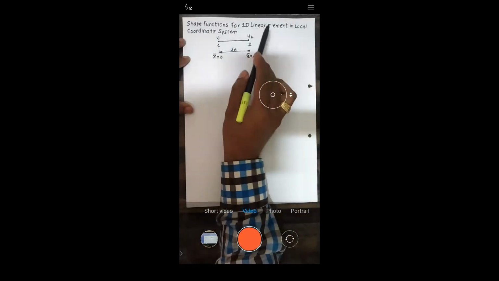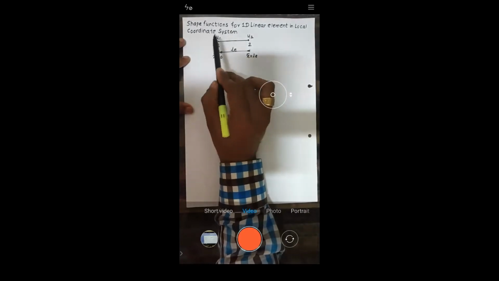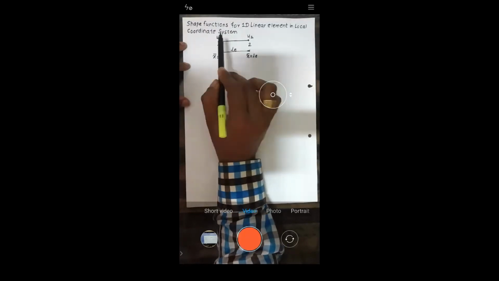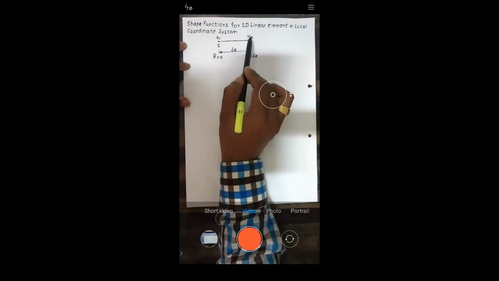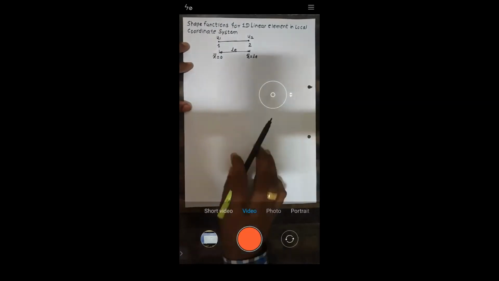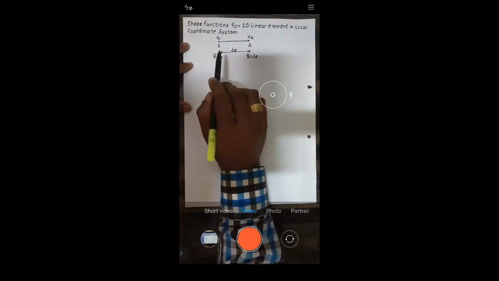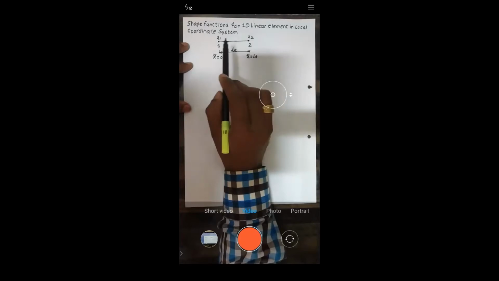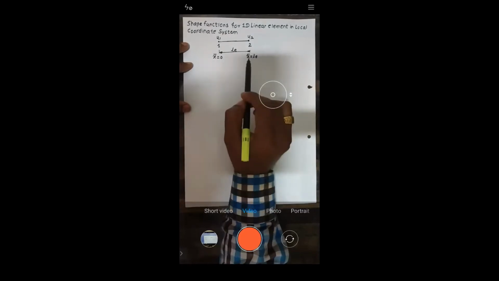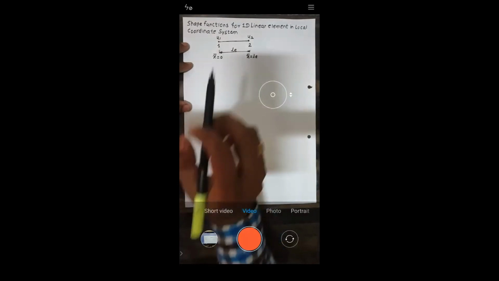This is basically a line element with two nodes. That's why we are calling it linear. Each node will have some displacement. Here I'm taking displacement; you might have pressure, temperature, or angular displacement, anything at the nodes. As a reference, I'm taking displacements u1 and u2. This LE is the length of the element. Now I need the location of node 2 with respect to node 1, so I take the coordinate of node 1 as 0, and I get the coordinate of node 2 as LE. Is it okay? So I need to derive the shape function.